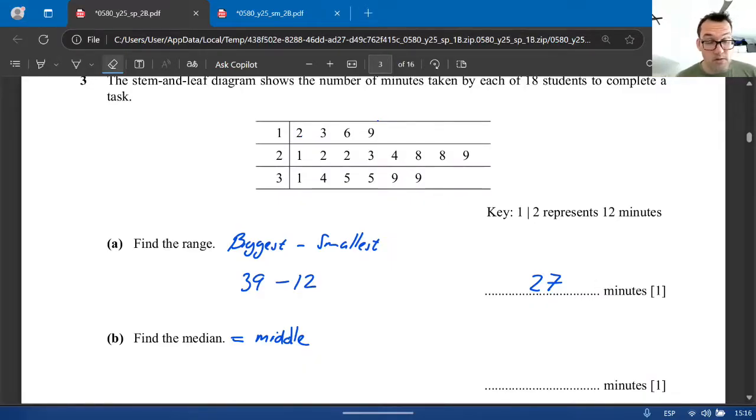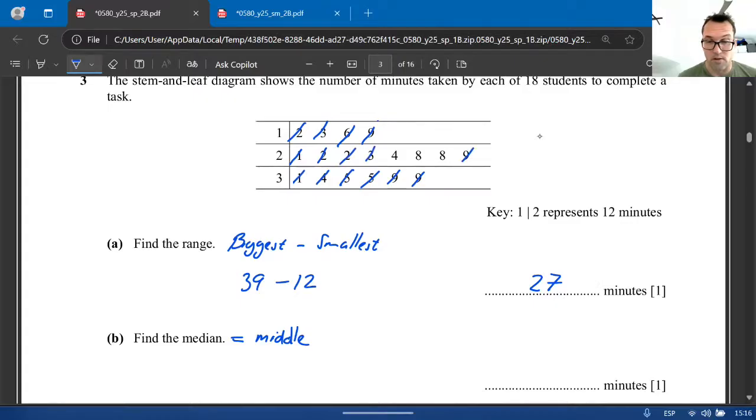There is more than one way to do this as well. You can do the crossing off, right? You take the fastest, the slowest, second fastest, second slowest, third fastest, yeah, and you cross them off. And once you get here, this is the next slowest, and this is the next fastest, the next slowest, fastest, slowest, fastest, slowest, fastest, slowest. So the middle will be there between the 4 and the 8. Okay, if that confuses you or you think it takes too long,